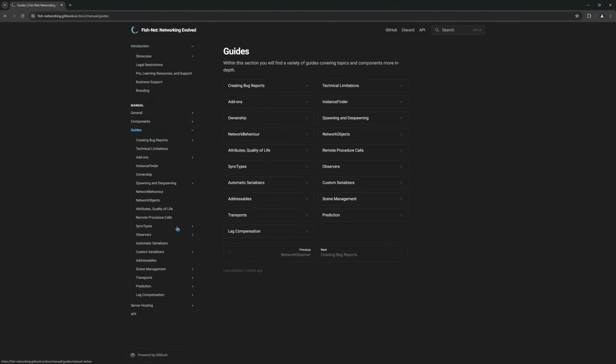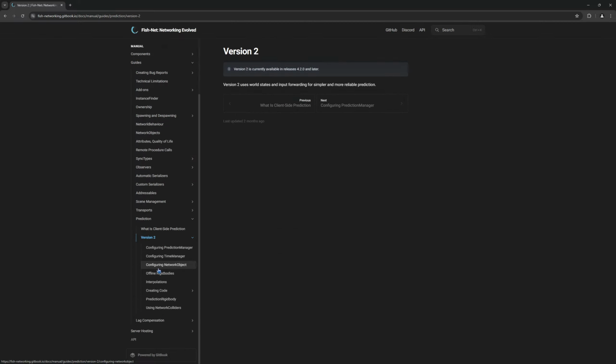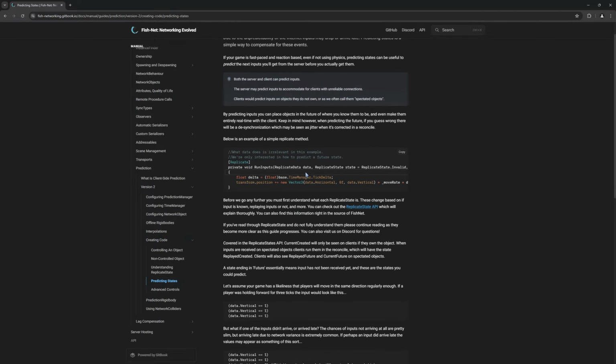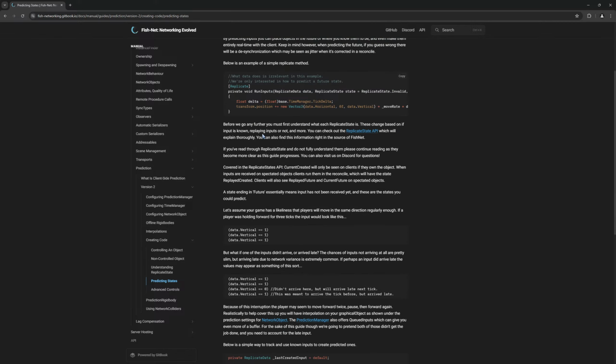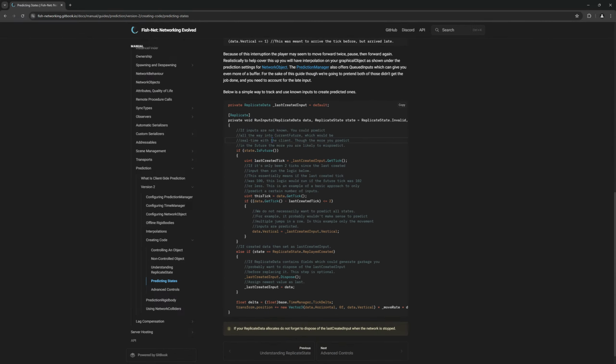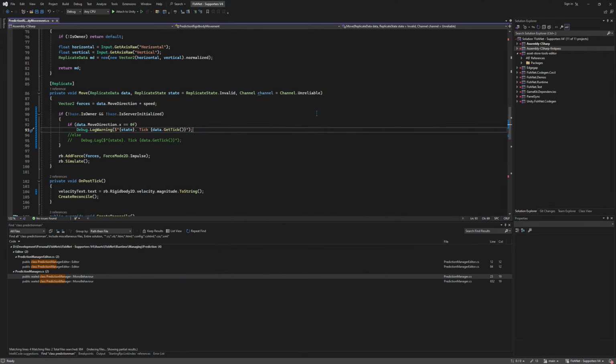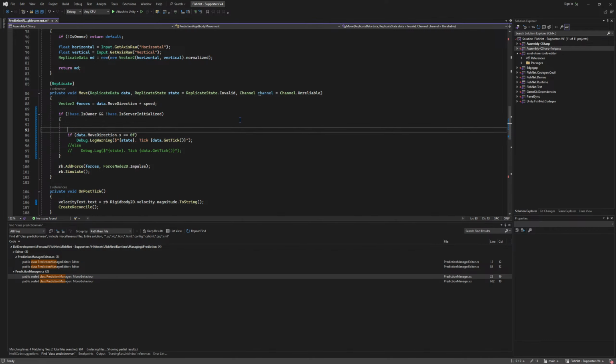So we have a guide here that, whenever you go over to Prediction version 2, creating code, predicting states, basically says, too long, didn't read version: when the state's in the future, it has not yet been received from the server, and you might want to use the last state information as if that's also a state in the future. And that's basically what we're going to do. So we can do this if not owner and not server initialized. So basically client only and you don't own the object. We're going to do if state.isFuture